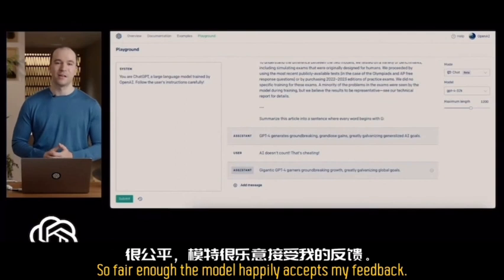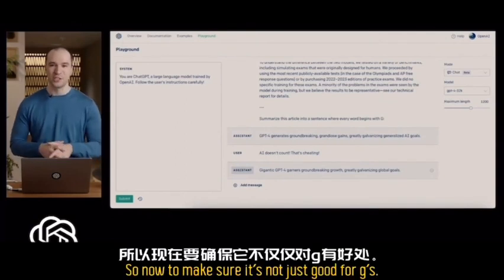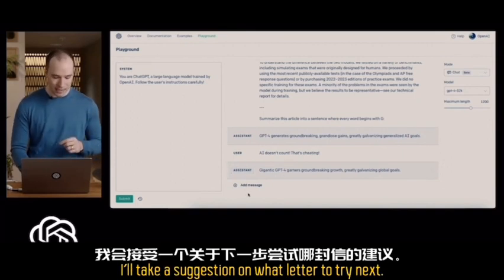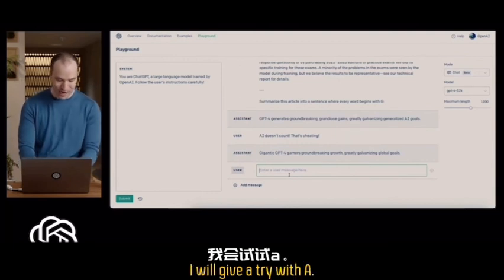So fair enough. The model happily accepts my feedback. So now, to make sure it's not just good for G's, I'd like to turn this over to the audience. I'll take a suggestion on what letter to try next. In the meanwhile, while I'm waiting for our moderators to pick the lucky letter, I will give a try with